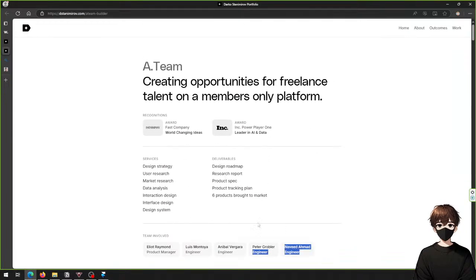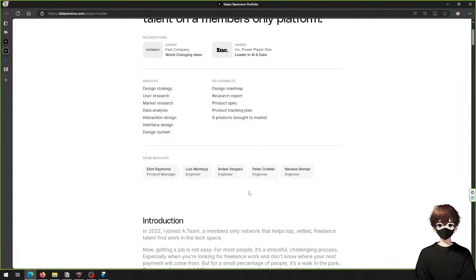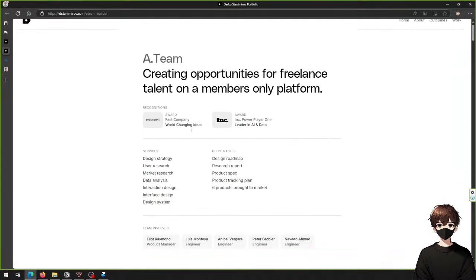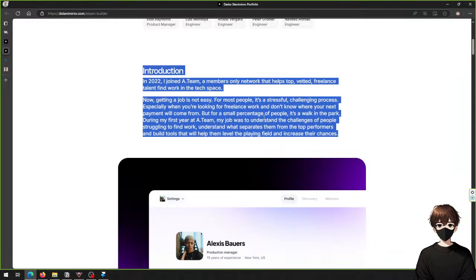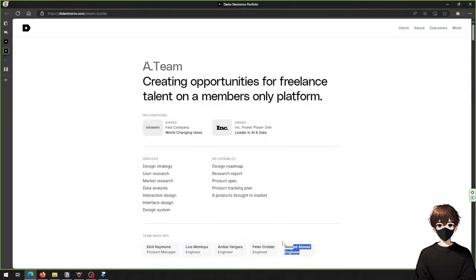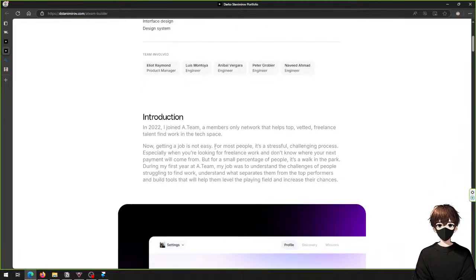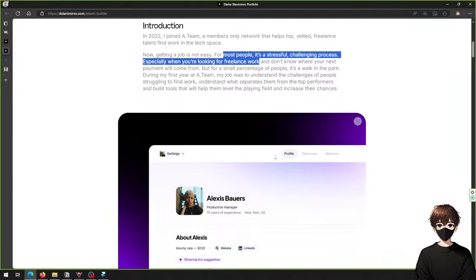I think some of this stuff he could do the introduction first and then be like, I get this, because in books he does the same, but I want to know what it's about. Enjoy the 18 members on your network who have freelance, trying to work in the tech space. Now getting a job is not easy for most people, it's stressful. If you're looking for freelance work,